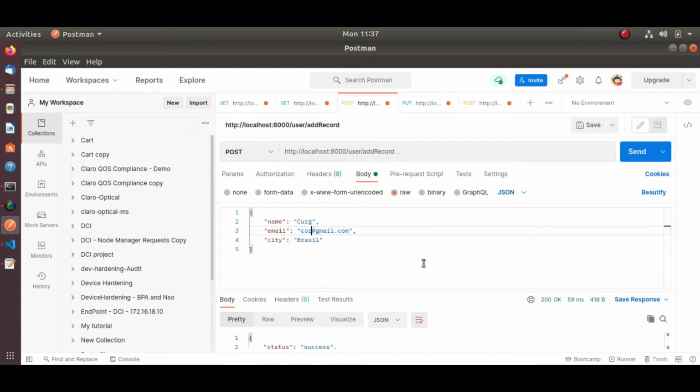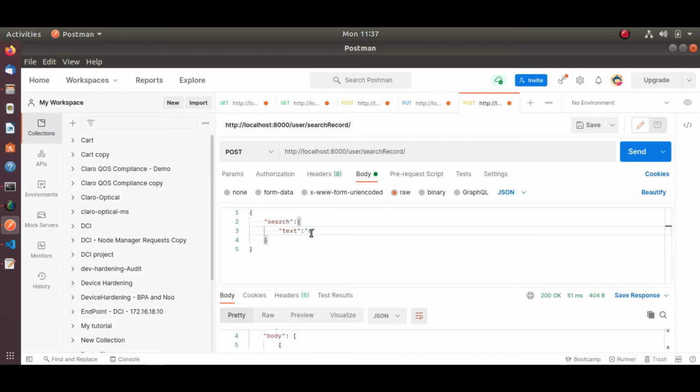Change it accordingly, insert it. Inserted. So let me again search by typing the character C, and let's see what results come from the database.